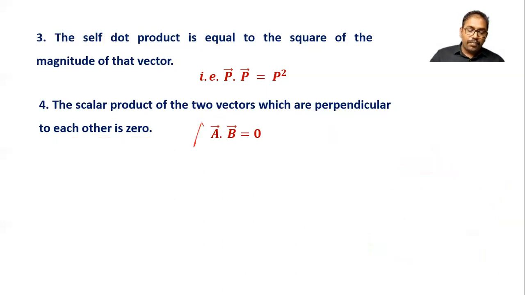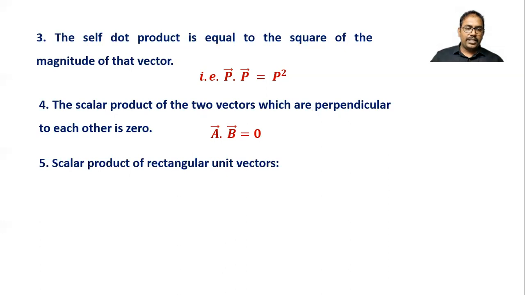Remember, in any question, if they ask you to prove that two vectors are perpendicular, how can you prove it? You can find their scalar multiplication, a bar dot b bar. If it is 0, you can write in the conclusion that they are perpendicular. Or a question may ask you to check whether two vectors are perpendicular or not. If it is 0, then perpendicular. Not 0 means they are not perpendicular.